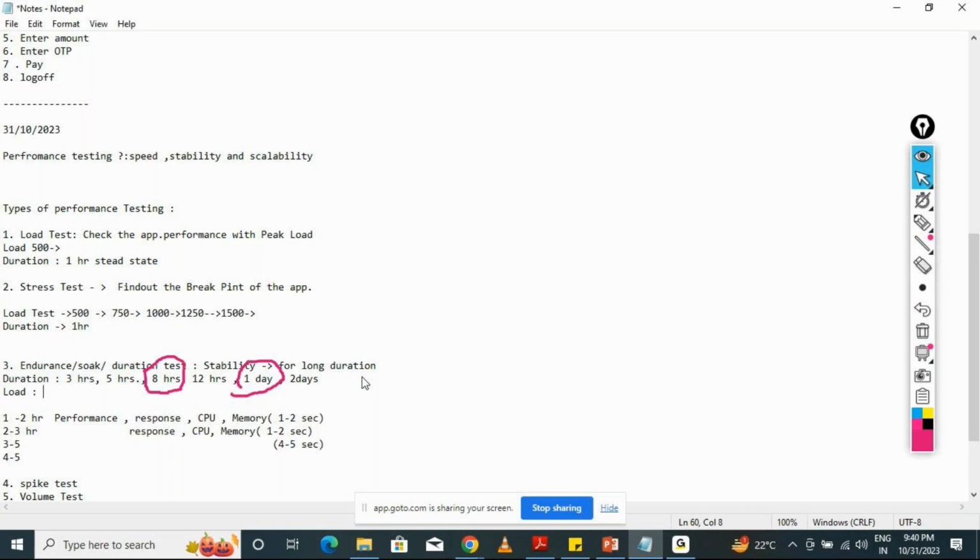The load will be 500 in the first hour, and 500 only in the second, 2 to 3 hour. 3 to 4 also 500. The load is constant, but our response times are getting deviated, right? So we have to identify why at 3 to 4 you are getting very poor